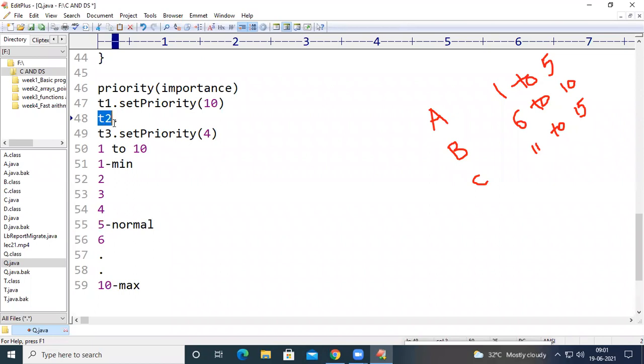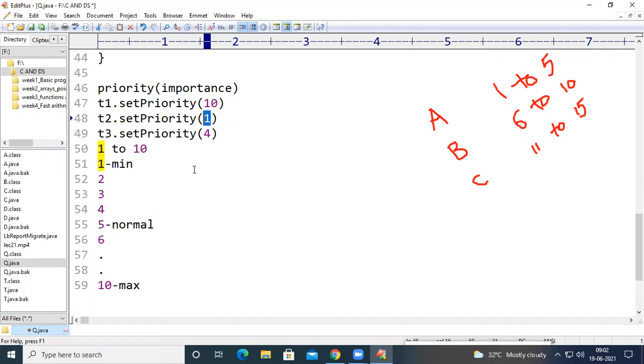But now, if I want to execute T2 last, I have to pass a value of either 3 or 2 or 1. Now you can see here, it is having the highest priority. T1 will be executed first, and then I want to execute T3. So I have passed T3 a value of 4, and T1, T2 a value of 1.